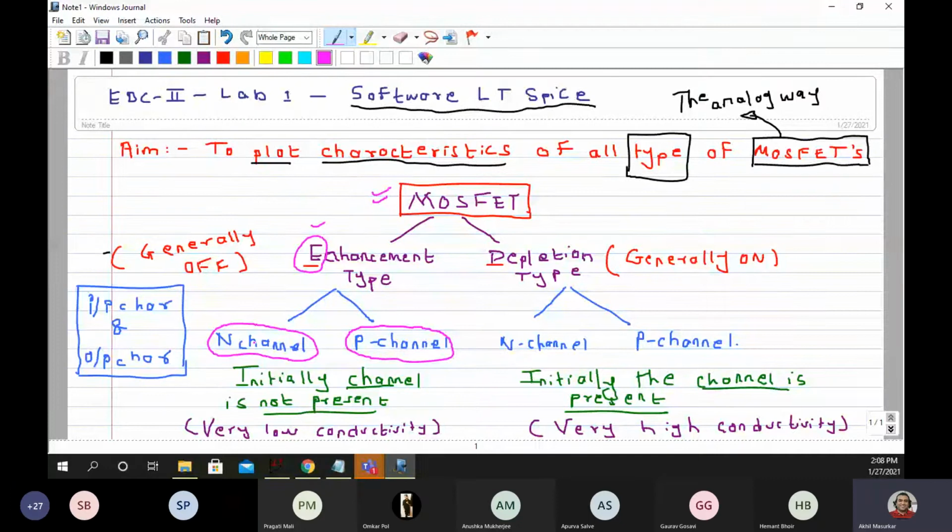So for one device you will have two characteristics: one is input characteristics and the other is output characteristics. Similarly, for P channel also we are going to draw these characteristics. The same thing we will do with N channel depletion type and P channel depletion type. So in all, the number of devices whose characteristics we are going to plot is 4.